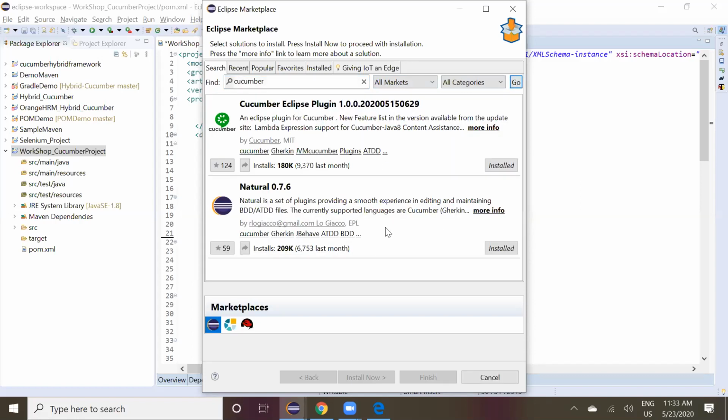You should install these two plugins, the Cucumber Eclipse plugin and the Natural plugin. So make sure you are installing these two plugins in your Eclipse. So you all can hear me, right? You should install both of these plugins in your Eclipse. Okay, next, close it.